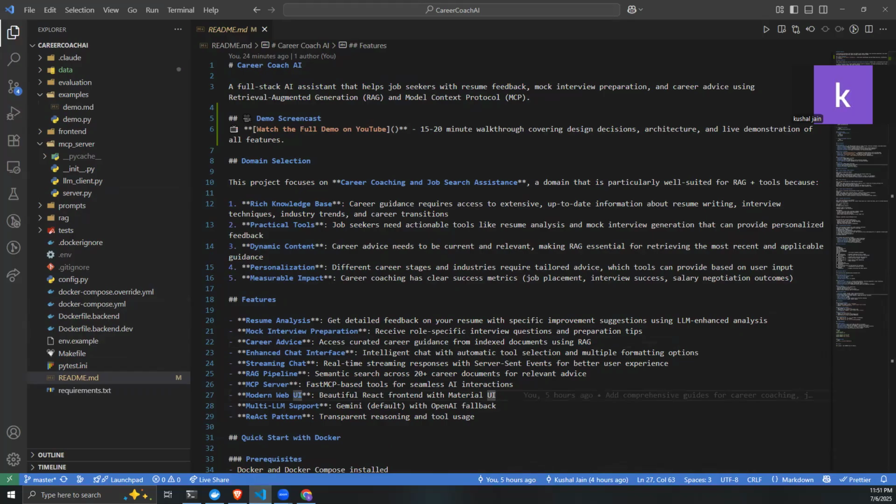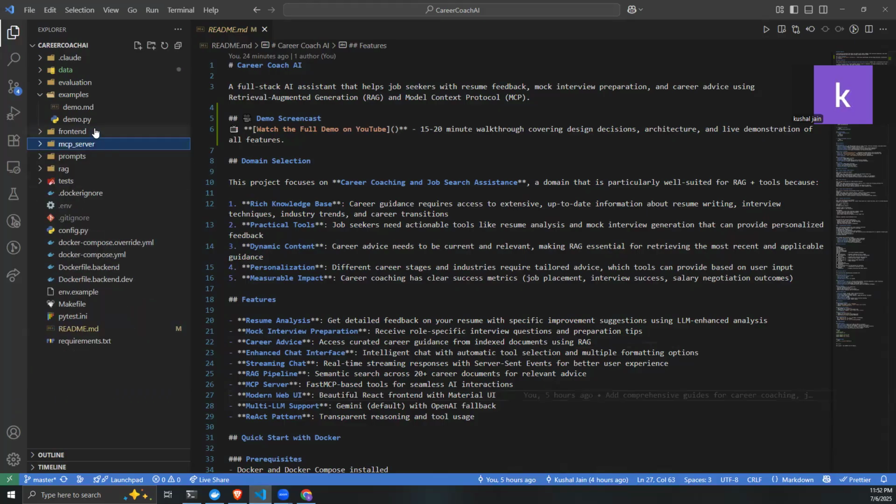The RAG pipeline is the heart of our knowledge system. During the RAG implementation, we have implemented semantic chunking. Right now, it's with thousand character chunks with 200 character overlap, but it can be changed based on needs. We have multi-query reformulation, we have FAISS indexing and sentence transformers to get the embeddings. So this was for the RAG, and